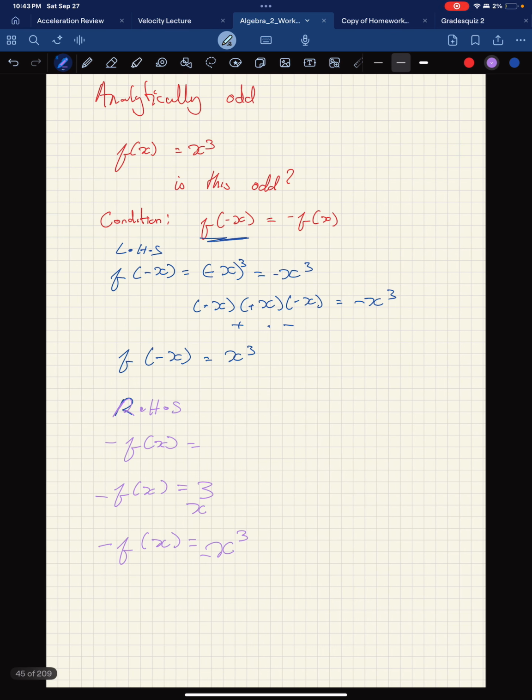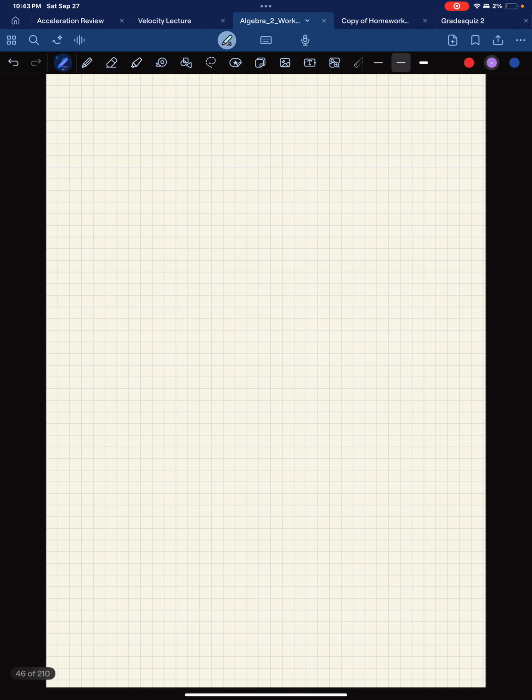So, yeah, that's basically a summary of how we would use both mathematics, algebraic formulas, and a graphical method to determine the symmetry of a function. And if a function does not satisfy any of these conditions, it's neither even nor odd. So in summary,